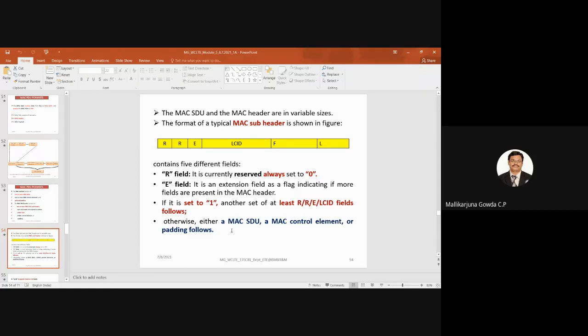Otherwise, either a MAC SDU, a MAC control element, or padding will follow.